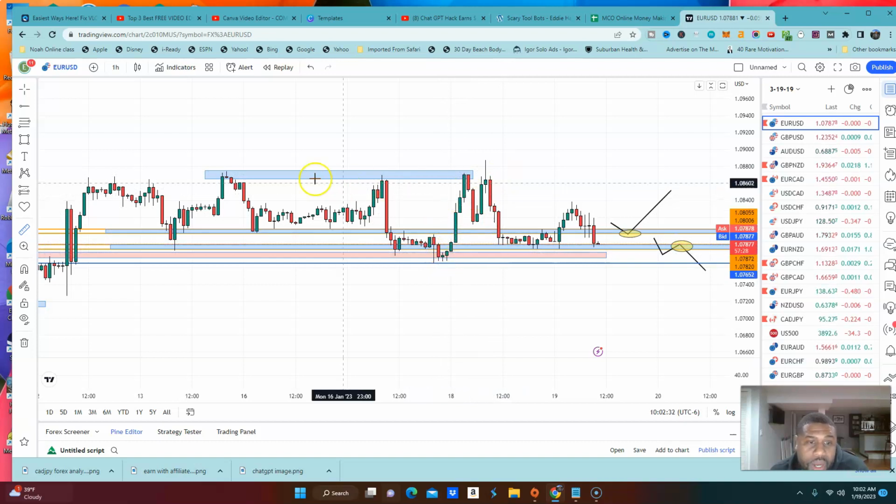And on this time when they went up, guess what they did? These equal highs right here at this resistance zone, they shot price up. And guess what? Anyone that was selling right here had their stop losses above here, right? Off of this touch, it came back, oh, double top, sell entry right here, and they could have took